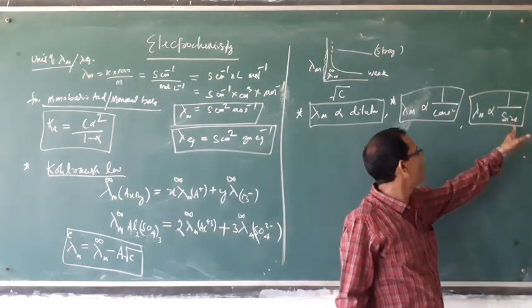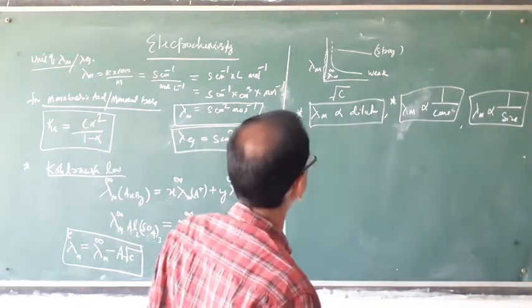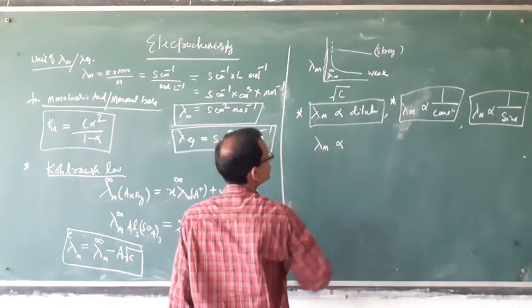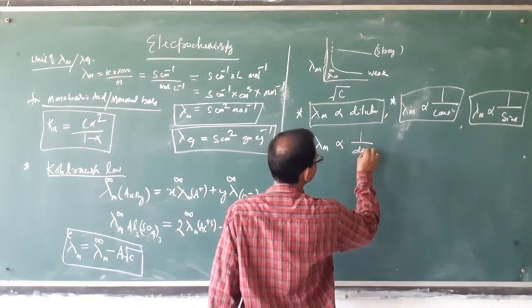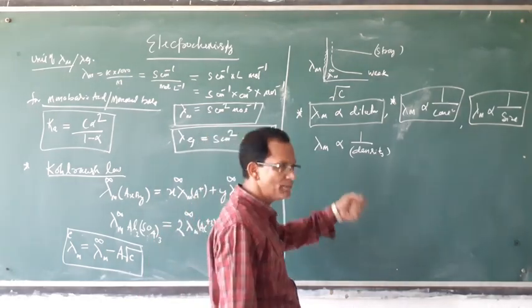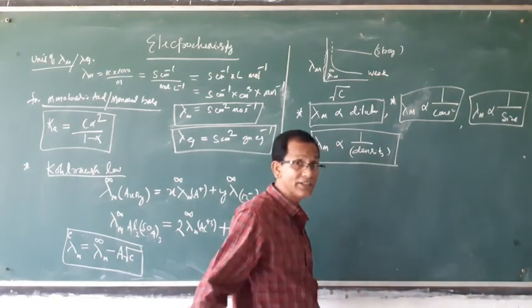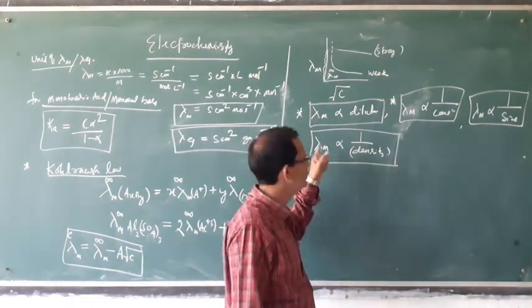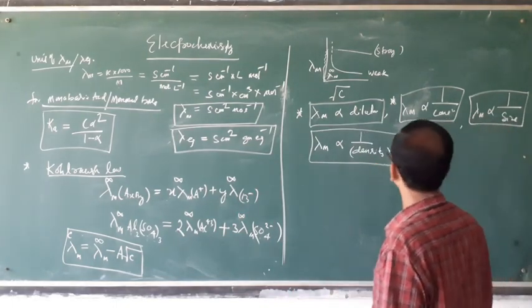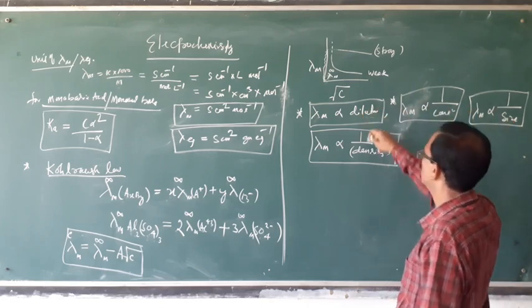The larger the size of the ion, the lower the conductivity. So these factors are size of ions, concentration, and dilution. Then lambda m is inversely proportional to the density of the solution. Density means viscosity. High viscous means highly concentrated, so a low lambda m value. So the factors are size of the ions, concentration of solution, dilution, then density.